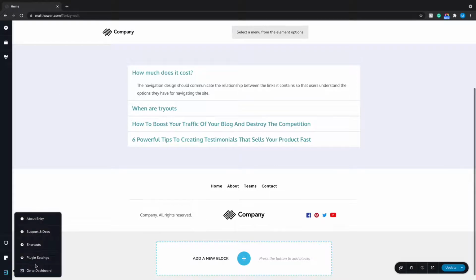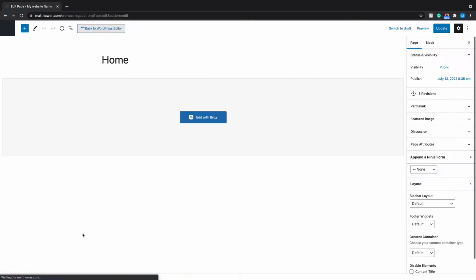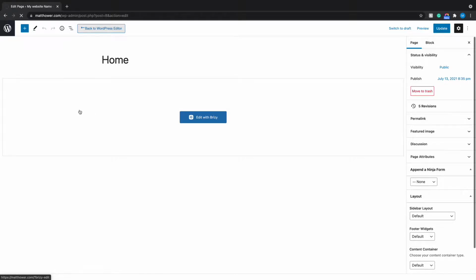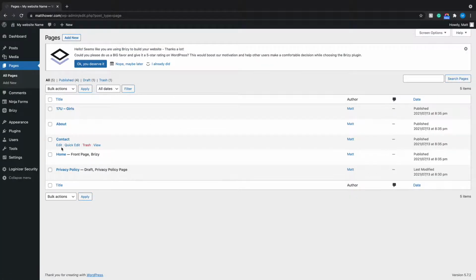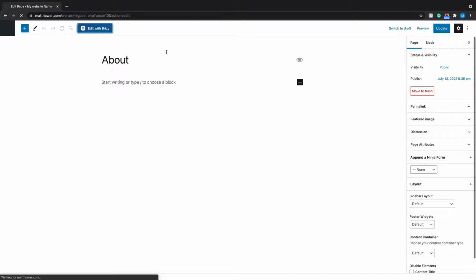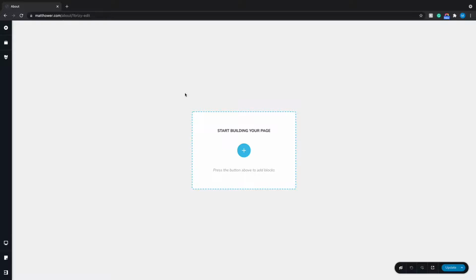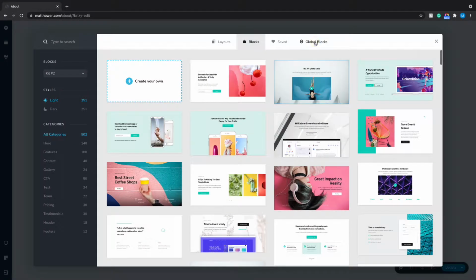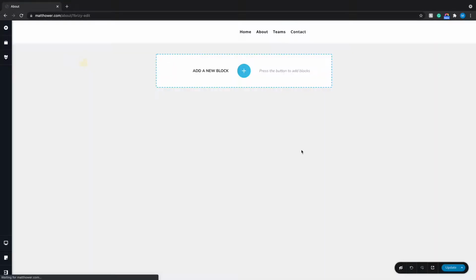Now I'm going to go back and build my other pages real quick. So I click go to dashboard. I'm going to click this little WordPress icon up here. It's eventually going to be a WordPress icon. And I'm going to work on my about page. I'm going to click edit. Edit with Brizy again. And that same exact page builder is going to pop up. Start building my page. I start with my global header because obviously I want that header to be on every